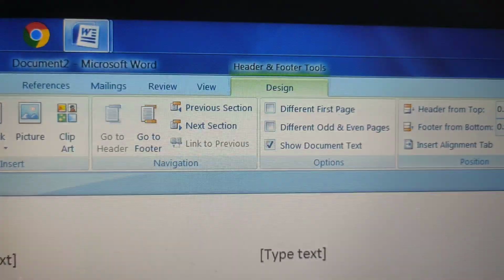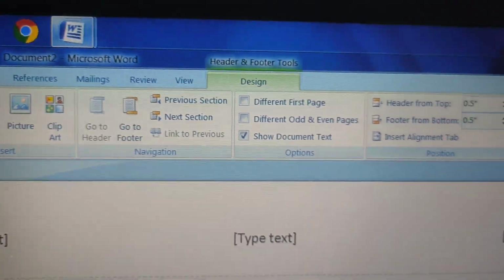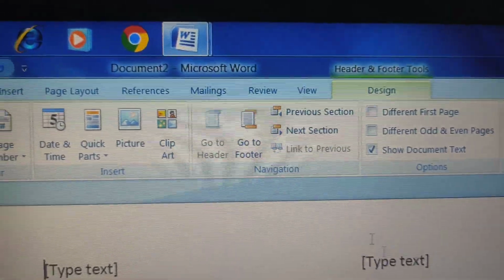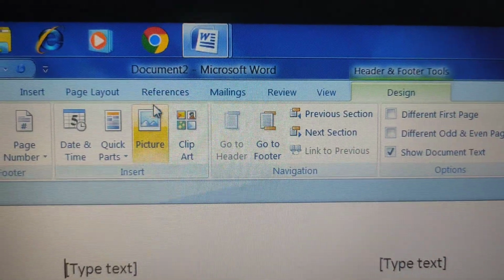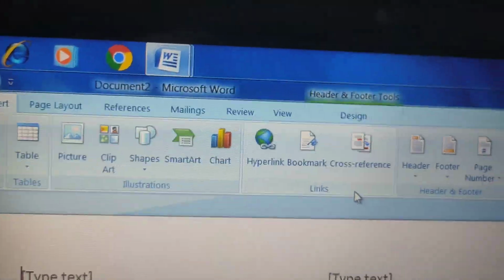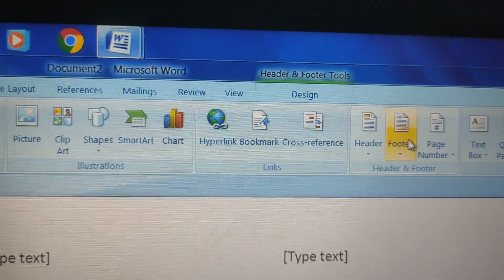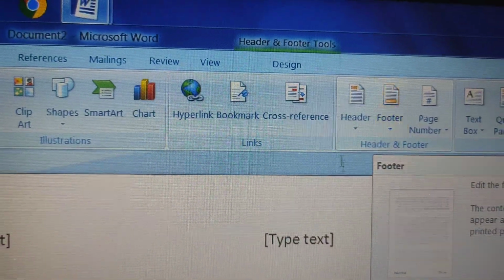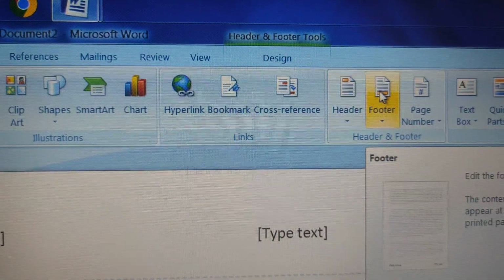Headers are basically used to give the title of the portion, whatever paragraph is there. If you have any paragraph, to give the title, you have to select the header, and if you want to give additional footnotes, you have to just press on the footer.